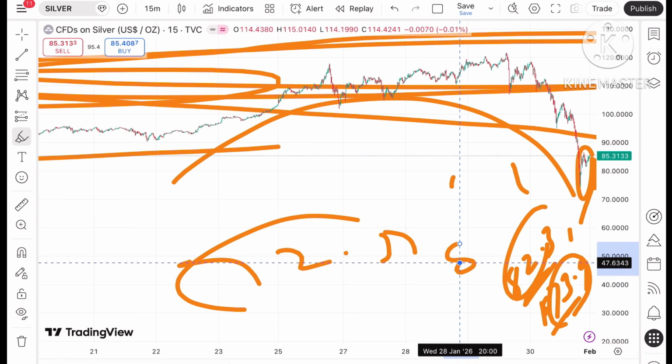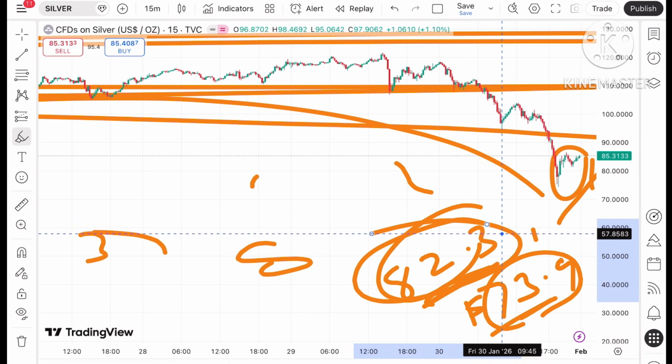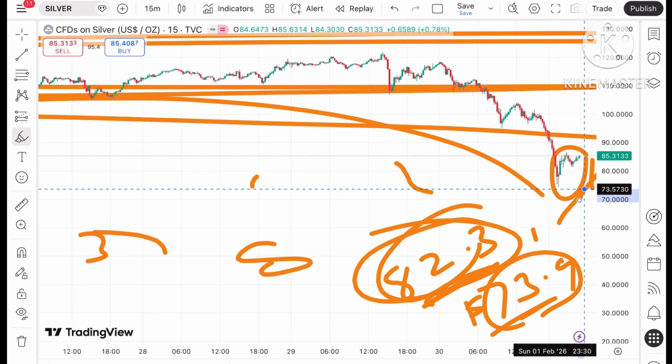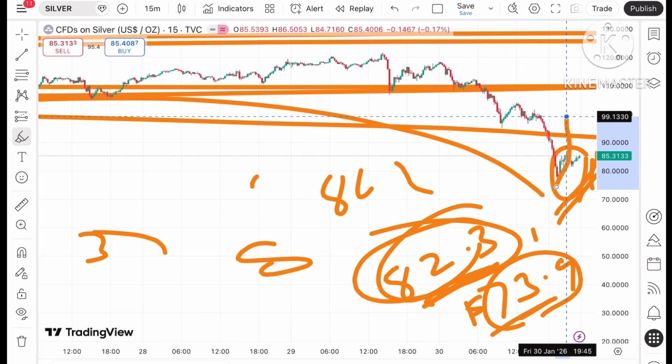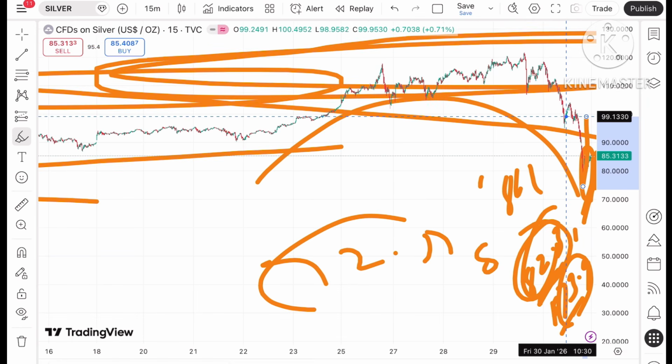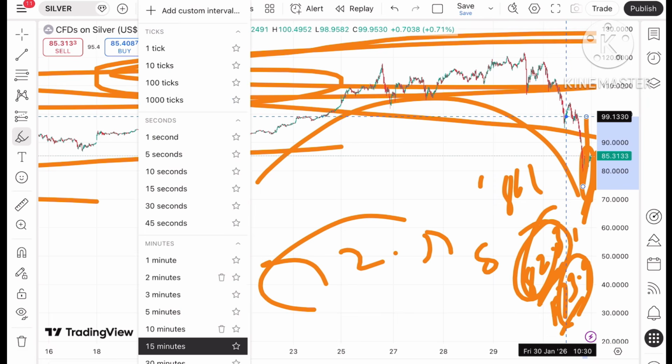So remember, if it starts falling below 82.3, a further downfall can be seen towards a level of around 73.5 and then a further fall. But if it starts rising above that level, the probability of going towards 86.6 will be there, and then we can see it rise towards 93.2 and further high. Trailing your SL is very important, and putting your SL is very important when you are trading. But for a longer view, the position is very different. You can mail me if you need some guidance,